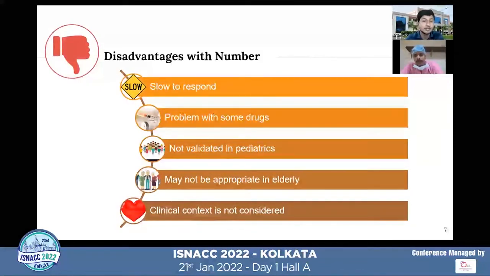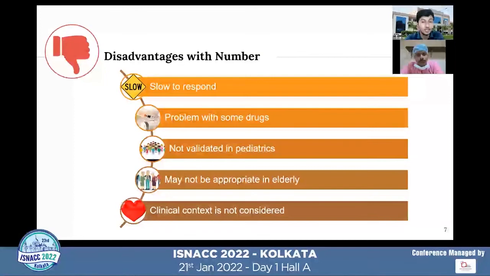Basically, as already mentioned, we have an inherent delay because multiple steps are involved, and the index number that we see is not an instantaneous value. It is usually an average value over seconds or minutes. Next, these monitors have some problems with certain drugs. For example, with dexmedetomidine, there will be an increase in frequency towards the slower waves. This might give false low values, even though the patient might be easily arousable. Similar is the situation with ketamine also. It can cause false high values, even though the patient may be sedated.